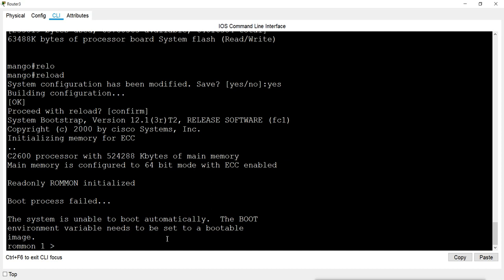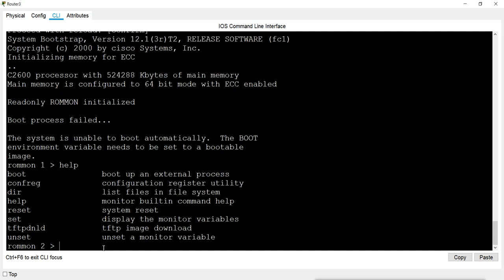Now you can see it is called ROM monitor mode, and this is the first command I can give here. This number means how many commands I have already given. It only indicates the number of commands I have passed. So when I type one command, it is going to be the first command. Now in this mode, we can assume it like a safe mode of our Windows. Here there is no routing, there is nothing. If I try question mark, it is not showing any options here. To get the options, like what commands I can give here, I have to give help.